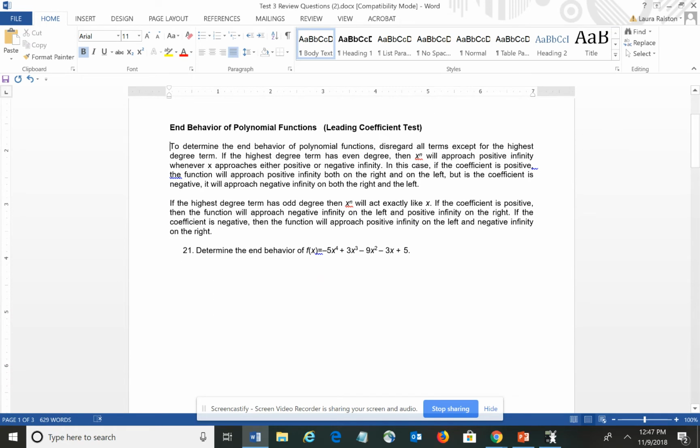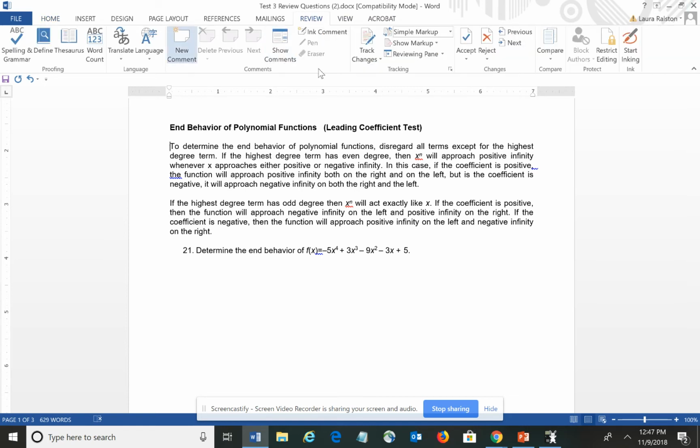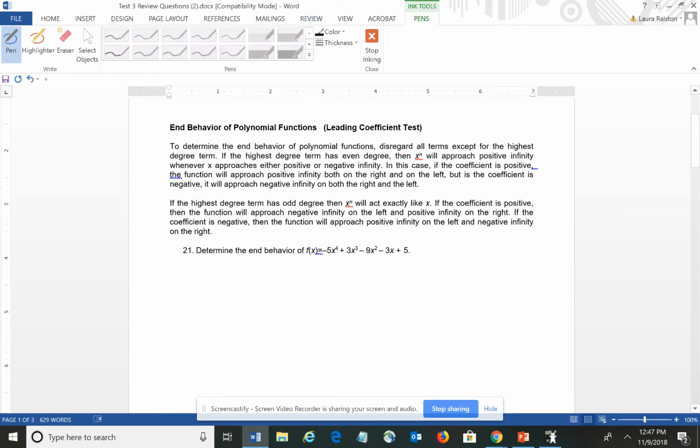Question 21, it says determine the end behavior, and it gives you the polynomial. Now, typically polynomials are set up so that the highest degree is first, and then it goes down in descending order of exponents. So this goes 4, 3, 2, 1, and then none. Remember, we're looking for that highest degree, which is our highest exponent. In this case, our degree is 4,